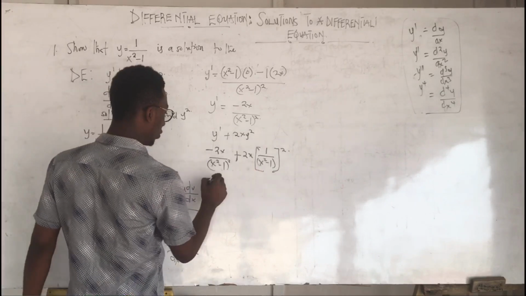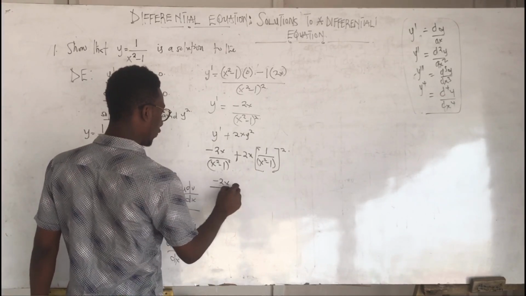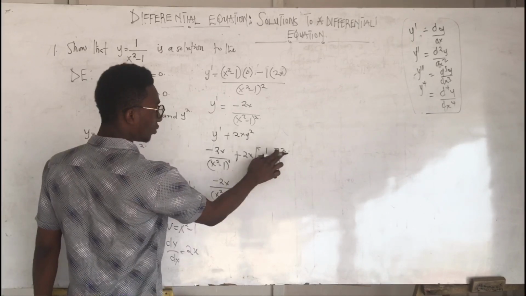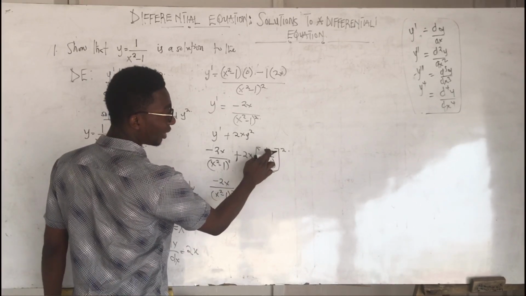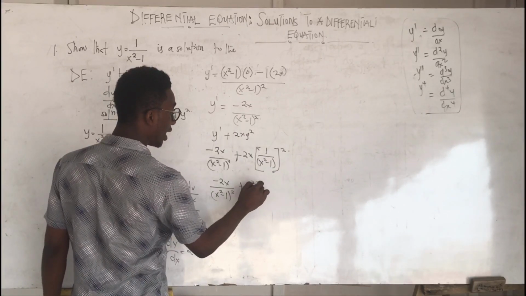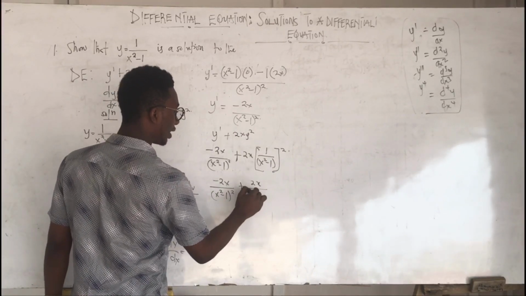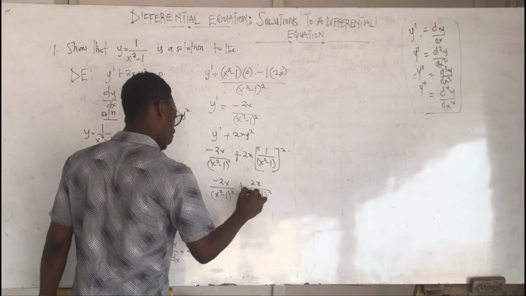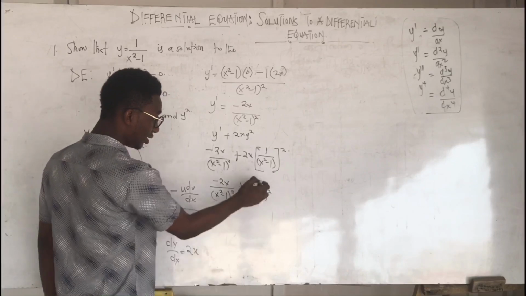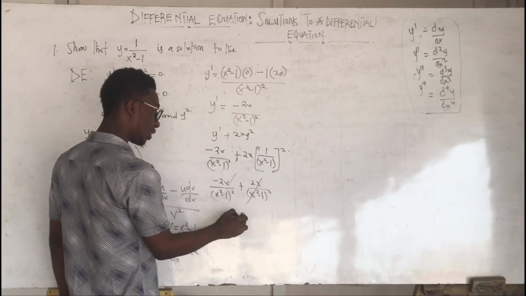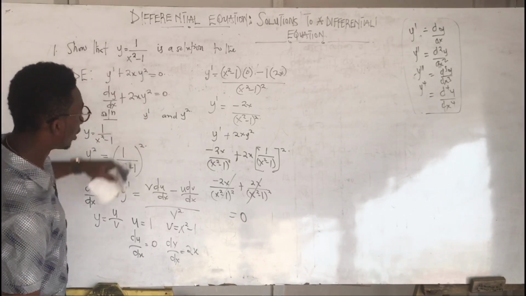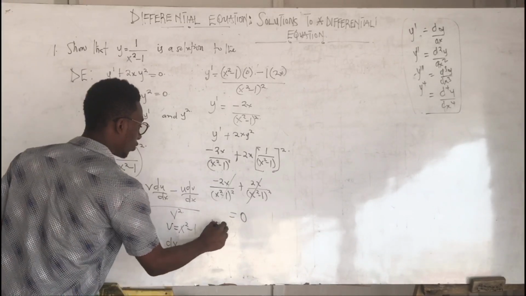So now we get minus 2x all divided by (x squared minus 1) all squared, plus this one will come here, the same as 1 squared, which is 1, and this one also gets the square. So you get plus 2x all divided by (x minus 1) all squared. So you realize that this is the negative part of this term over here. So they will cancel out and give 0. So since they are giving you the answer 0, then we can say that y, which is equal to 1 over